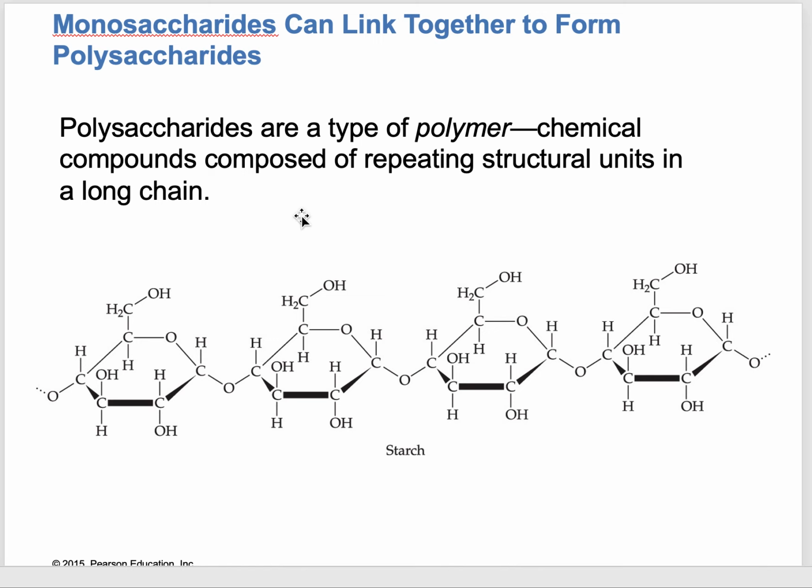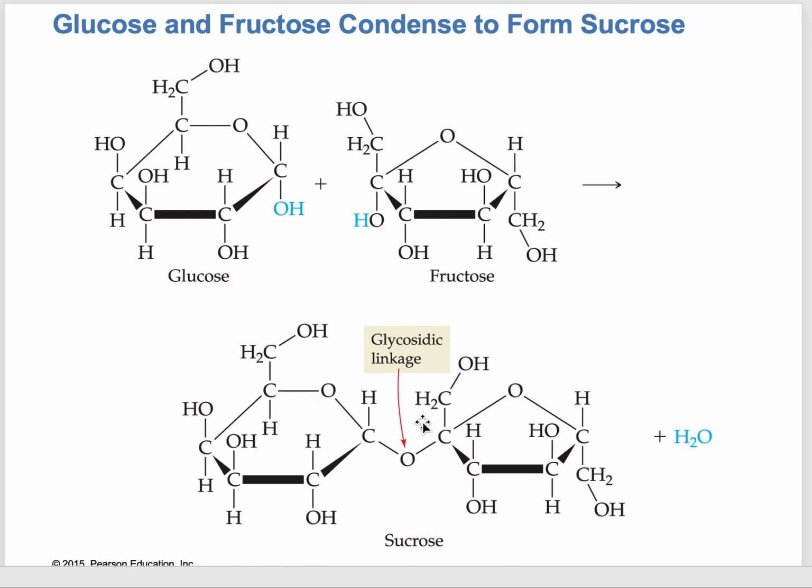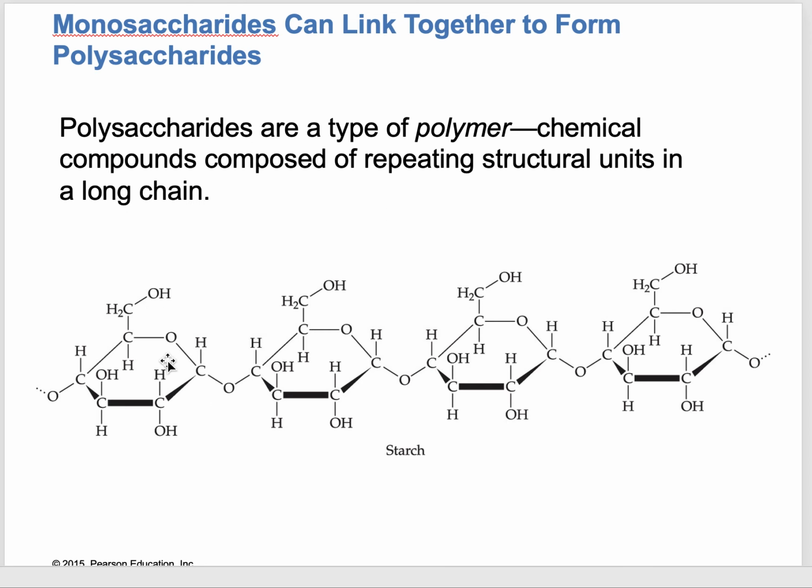Okay. Now, that's a sucrose molecule. But if we take a glucose, connect to another glucose, and keep going, we get a polymer of glucose. We call that a polysaccharide. And we keep going and keep going, thousands and thousands of them. We get ourselves a molecule known as starch. There are actually two different kinds of starch, that's amylose and amylopectin.